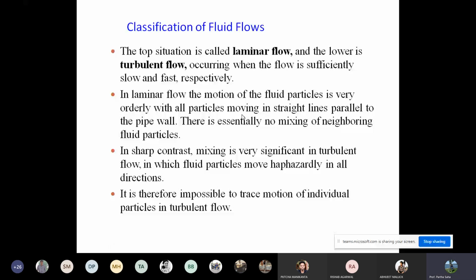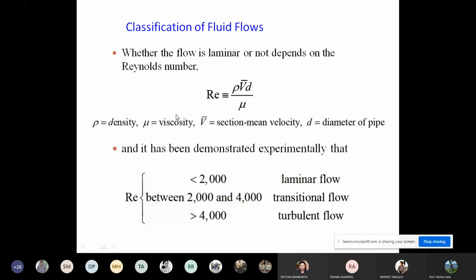The same explanation I just mentioned, just to refresh your memory: Reynolds number is rho v d by mu. V is the average section mean velocity for the tube, mu is the viscosity, rho is density, d is diameter. Here it is given as 2000, but actually 2000 to 2100 is correct. So it is given as 2000 in the book, but I think 2100 is the correct number. Okay, and the transition region is 2100 to 4000, and more than 4000 is the turbulent region. Just remember one thing: this criterion, or condition, is only valid if the fluid is flowing through a tube or pipe, not for other geometries. So geometry to geometry, the Reynolds number differs.